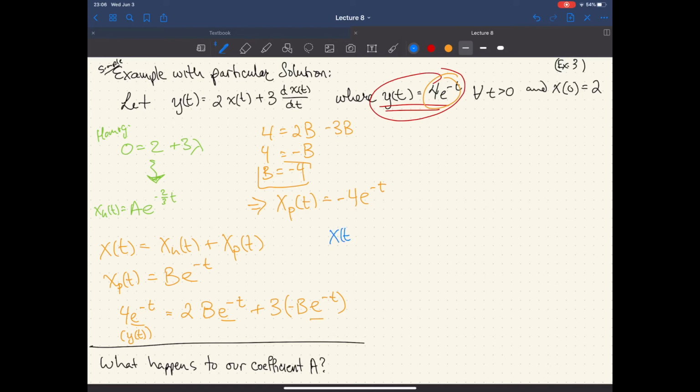All right, so now we're going to move into our initial conditions. So let's write out our full form. We have our homogeneous, let me write this again real quick just to summarize, plus x_p(t). So x(t) is equal to our homogeneous, which is a e to the minus 2/3 t, plus our particular solution, which is actually minus e to the minus t. And now we apply the initial condition that